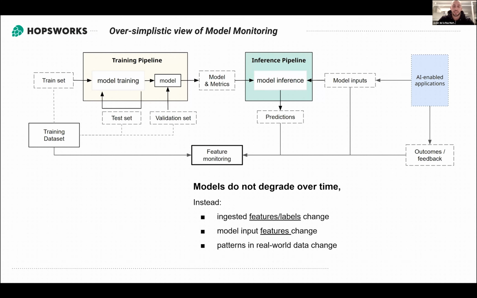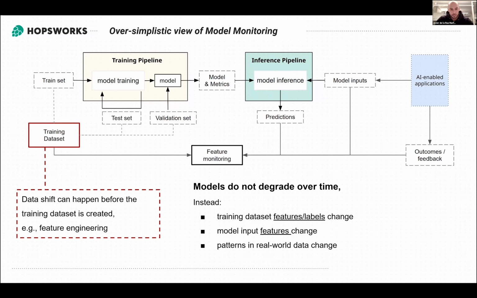So at the end of the day, we can see this problem as a feature monitoring problem, basically. Instead of monitoring our models, we can monitor the features that are used for the training data set, for the model inputs, and then also the labels from the predictions and the outcomes. And additionally, to this oversimplistic view,